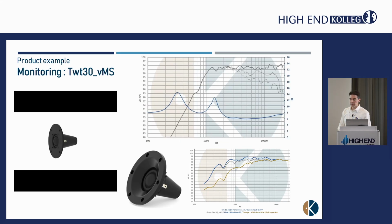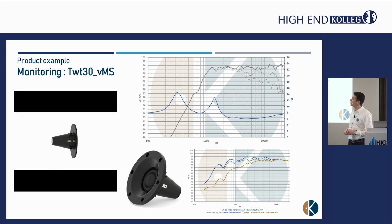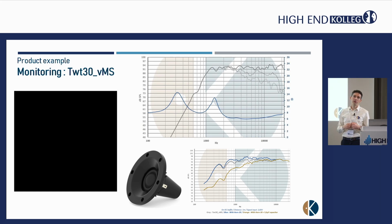The next product is for the market monitoring studio. So this is a tweeter, 32 millimeter diameter soft dome. This one has something special. You can see on the tweeter you have two peaks on the impedance curve. Usually a tweeter is a sealed back chamber, so you have only one peak. Here we have two peaks because we have an internal resonator which help to increase the sensitivity of the driver